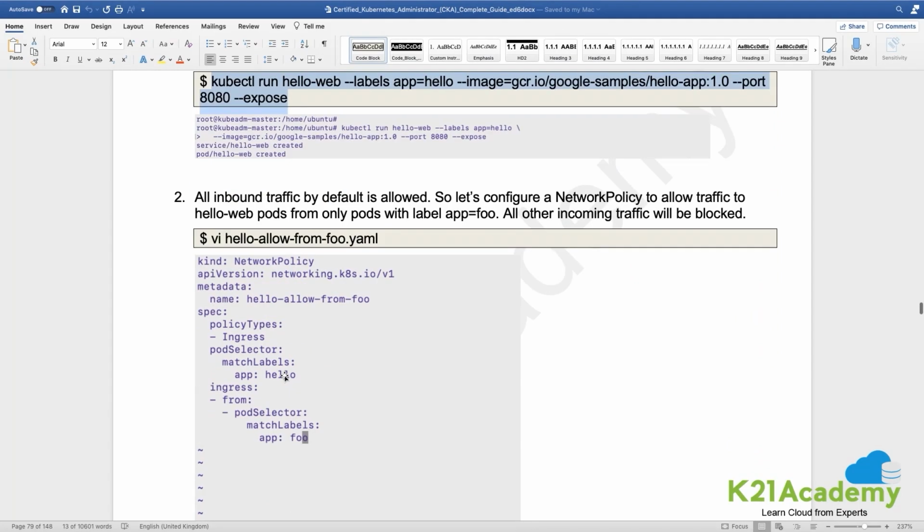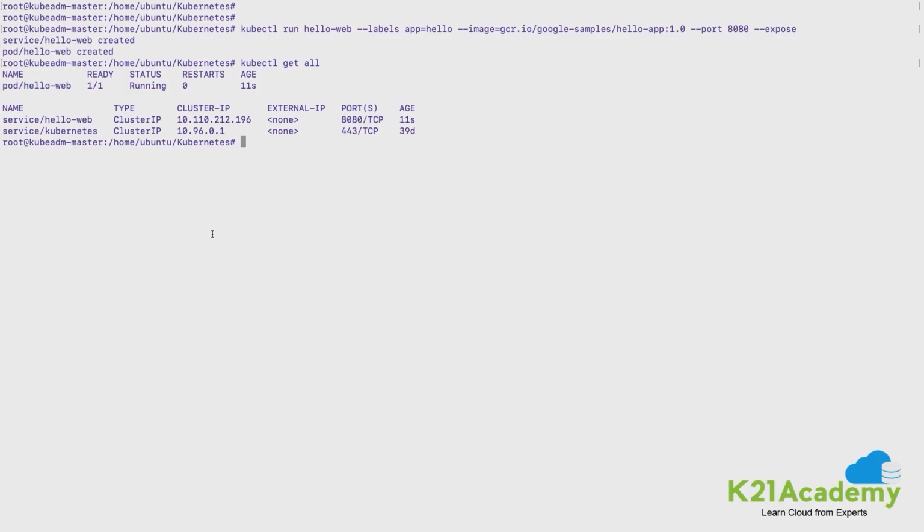Now, if I want to create another pod, and I want app hello to allow ingress packets only from the other application which we are planning to spin up, and that other application pod has the label app foo, we would create this network policy file. Till the time you create the